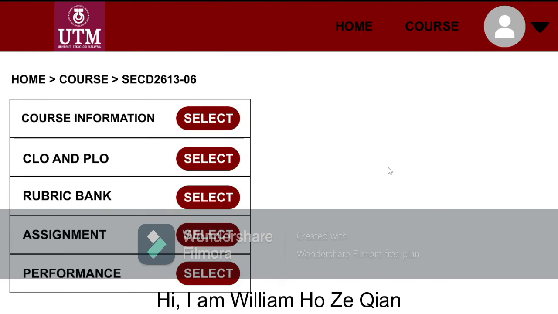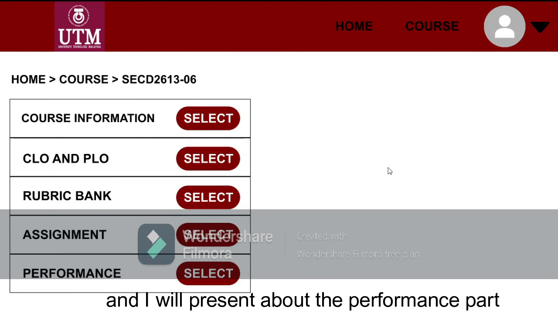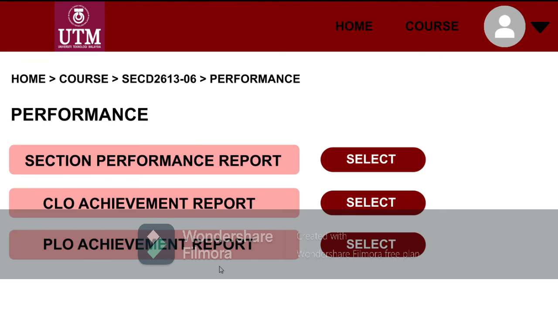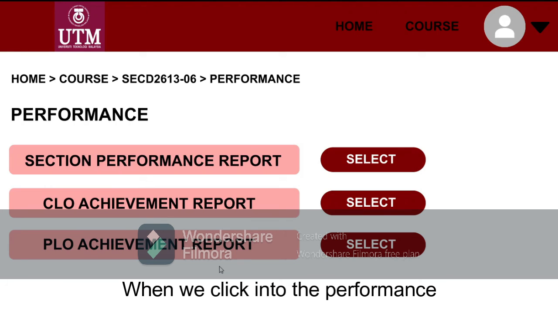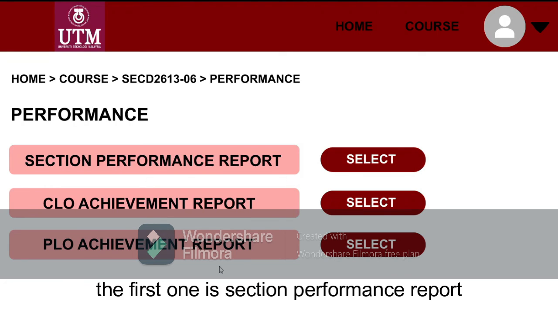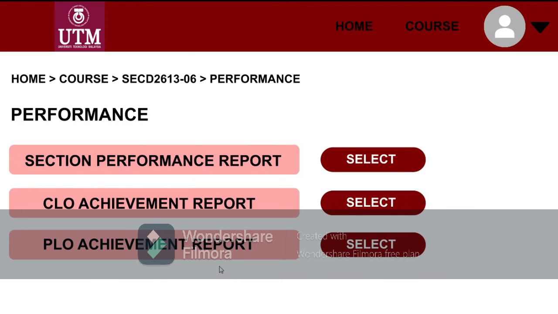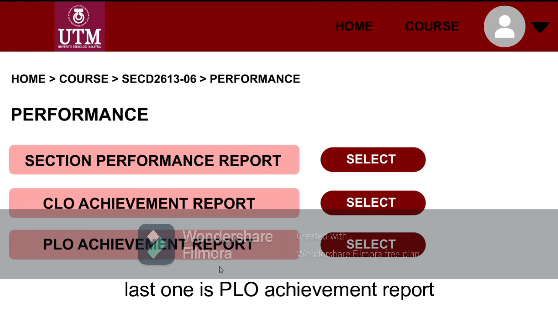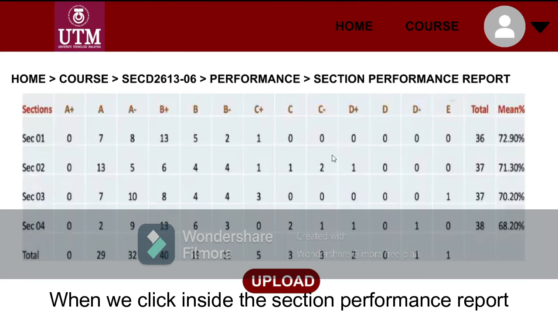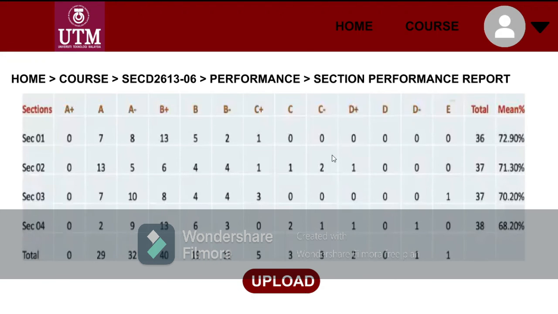Hi, I am William Houzichen, and I will present about the performance part for the course session. So when we get into the performance, we will see there are three choices. The first one is session performance report. The second one is CL achievement report, and the last one is PL achievement report. So when we click inside the session performance report, they are